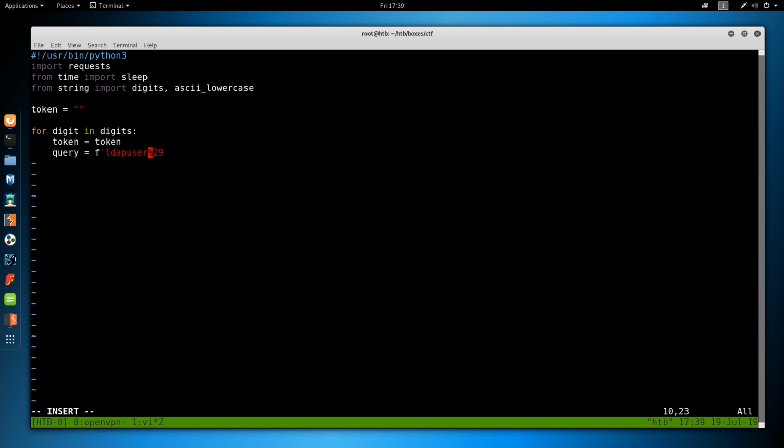If we did %25, we'd triple encode, which I don't know would work. So we're just doing %29, which is going to be that close parenthesis, then 28, which is the open parenthesis, and we want to specify attribute,